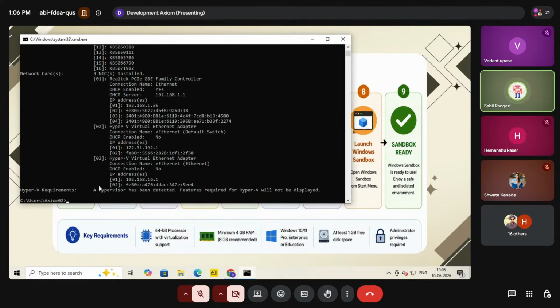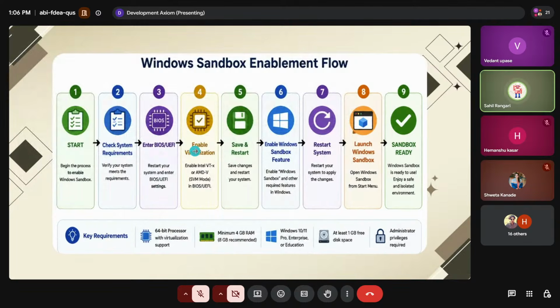But here I already installed that, because this process works when we are starting the system. We have to access the boot system and follow some steps for BIOS updates and BIOS upgrades for the installation of Sandbox in Windows. We are not able to share these things, because of that we created these methods in the slides. So we'll follow the steps: we check the system requirements, right?